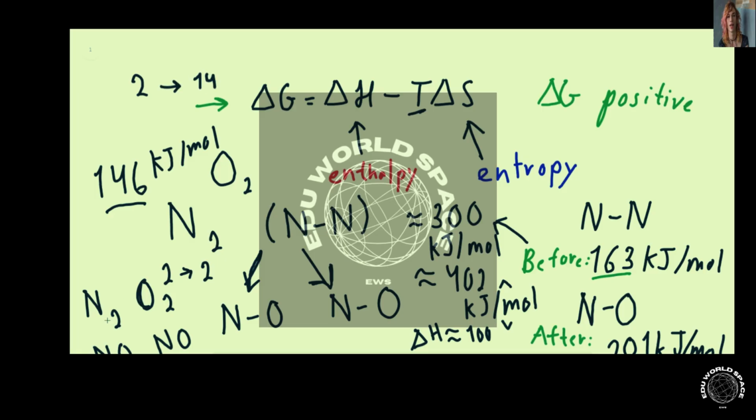The entropic increase is not very big here because we're only going from 2 to 2, not 2 to 14. So if your teacher does challenge you that the enthalpy is being decreased because of the entropy increase, that's actually a small difference that the entropic increase makes. So I hope that makes